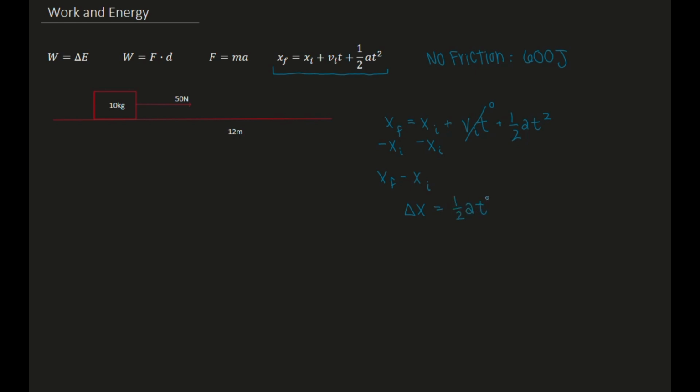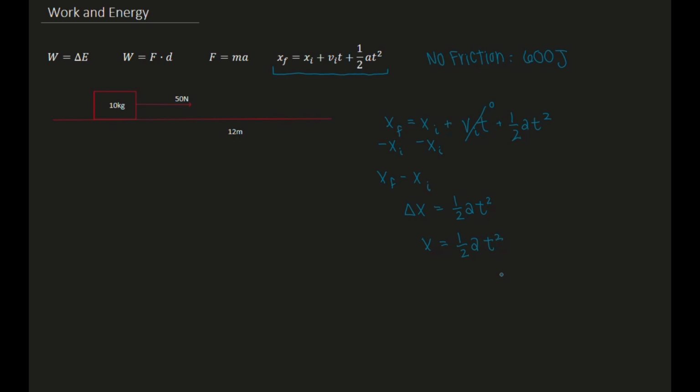And I can even go one step further in that simplification of that position. If I just say that my overall displacement is 12 meters, I can set my initial starting point to be 0. So I don't even care about where I started from, essentially, because I can set it at the origin. So I don't even have to write change in x. I can just write x, assuming that I know that that x is my 12 meters distance. So then I can say x is equal to 1/2 acceleration time squared,